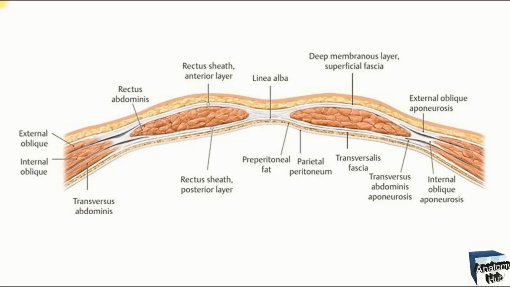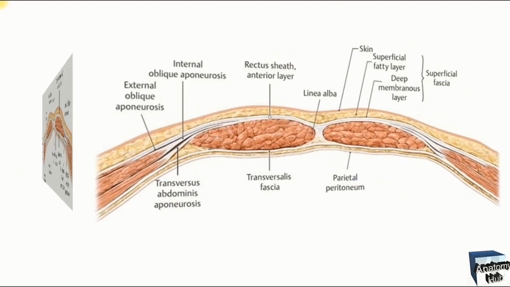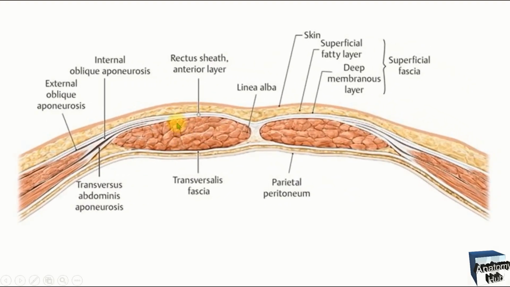So this is the coronal section with the diaphragm in the intermediate position, in anterior view. Five muscles form most of the posterior abdominal wall that we have discussed. And here this is the lower part of this fascia, where all three layers are not splitting from each other, they are just covering the anterior part of your rectus abdominis muscle.